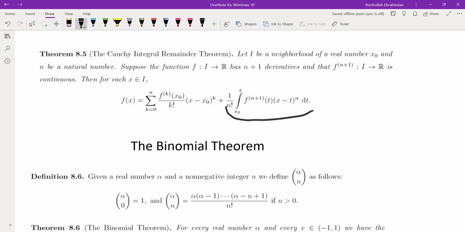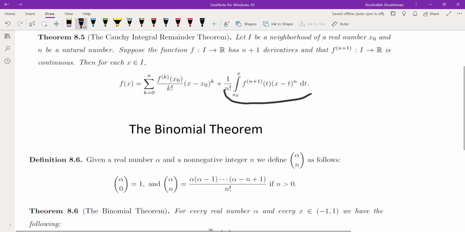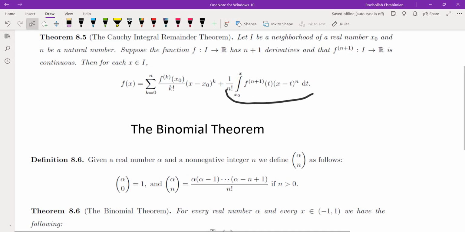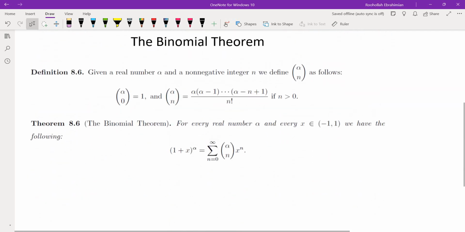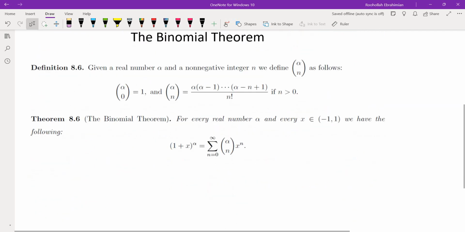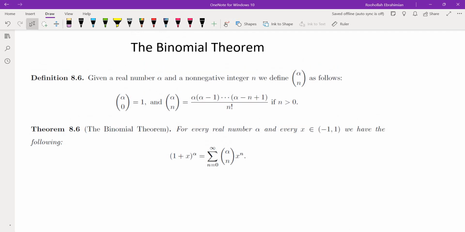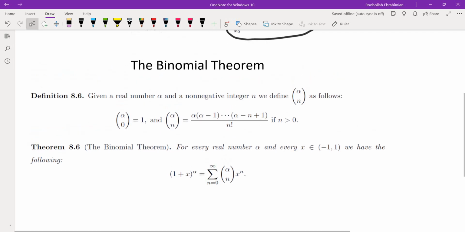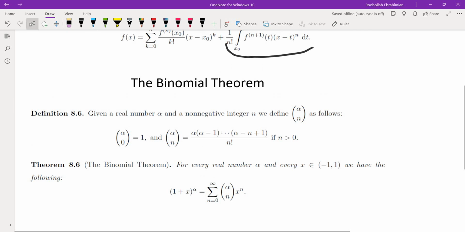1 over n factorial times the integral from x0 to x of f^(n+1)(t) times (x minus t) to the power of n dt. And this is assuming that f is n plus 1 times differentiable with the n plus first derivative continuous. So the binomial theorem tells us, let me recap what the binomial theorem is,